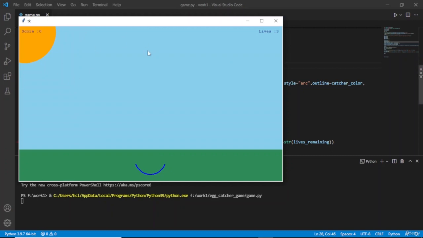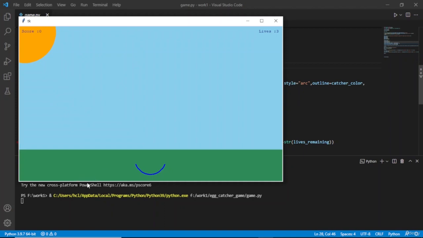We need to define the shapes of the eggs also, because we have not defined them, and we don't want a particular shape to be here. For example, I don't want that at the beginning, before starting the game, they should be here by default. So we need to make those shapes in the function only. When they are called to fall, the function will create them, and after that we need to destroy them when